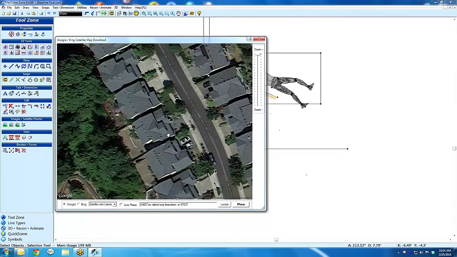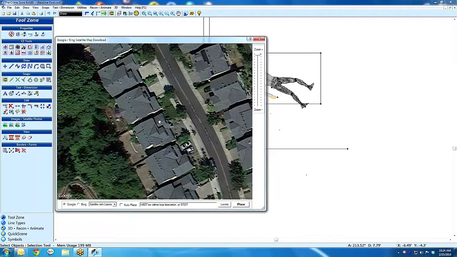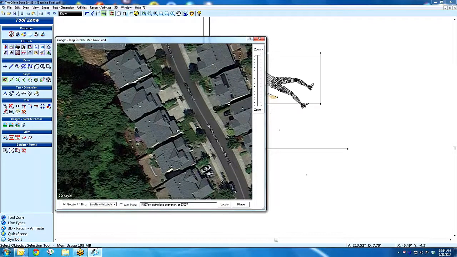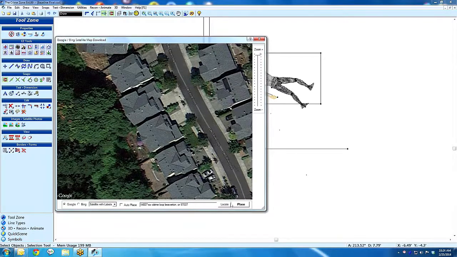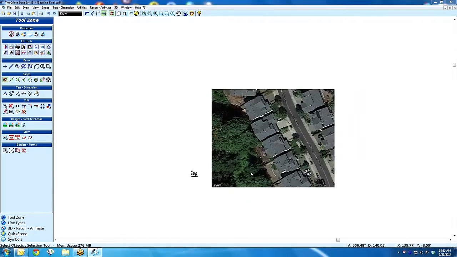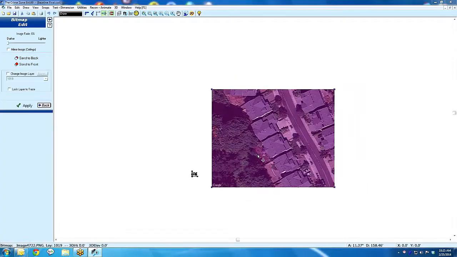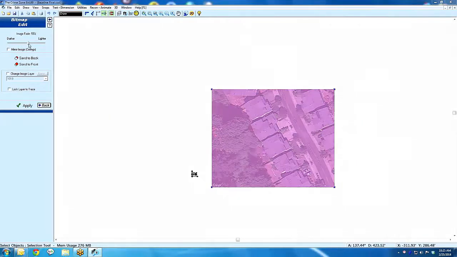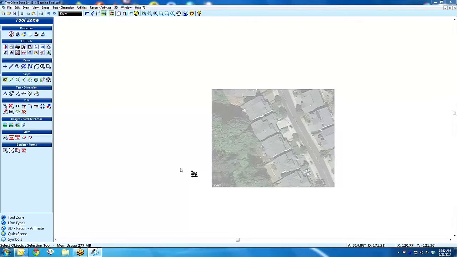Let's zoom in a little bit. And you can see we have labels on here, Citrine Loop. It's this house right here, and this is the area of it. This might not make sense for you to do, but it's just something you can do. So bring in this image, and I'm going to double click on it, and I can fade the image a little bit so my work stands out on it somewhat. And I can lock it so I can trace over it, apply it, and then I can just take this data here,